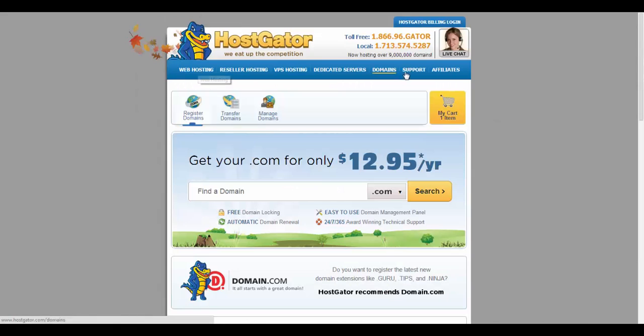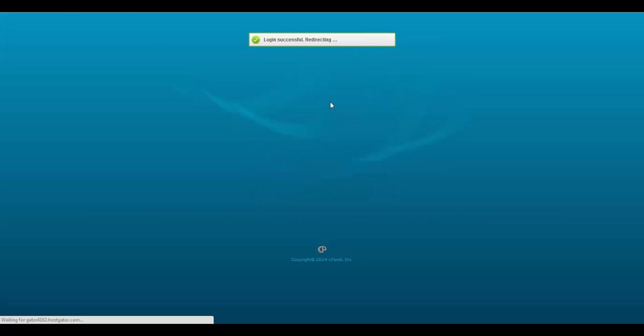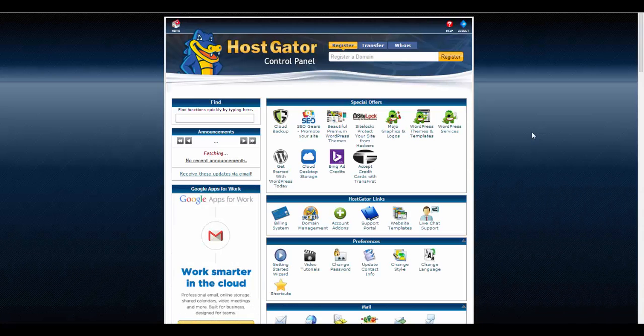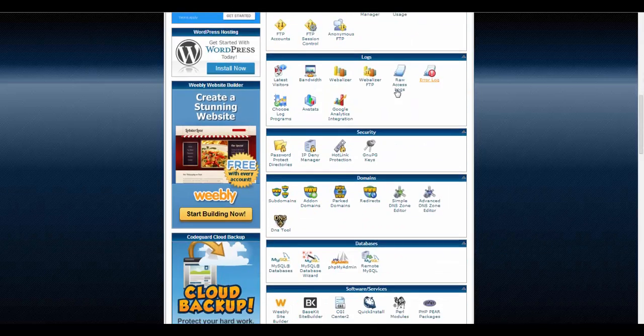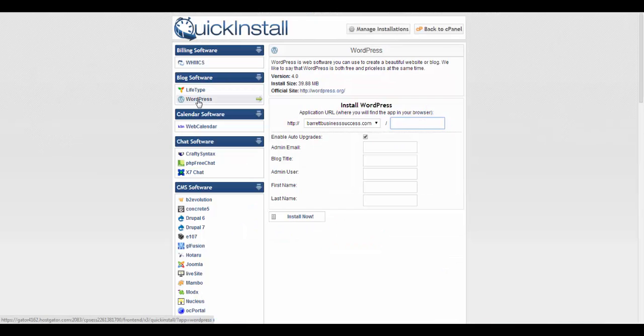Now that you have your domain and hosting service set up, you should get an email from HostGator, and in that email should be the information to bring you to this control panel, and you'd enter that information into the control panel and log in. So once you get here in the HostGator control panel, this is going to be your back office for your website. You scroll on down, you can go through all this stuff later, but I want you to find quick